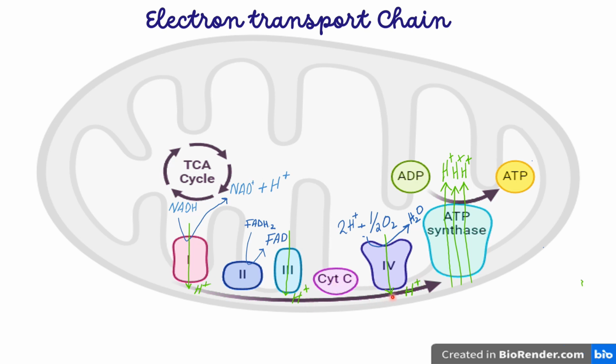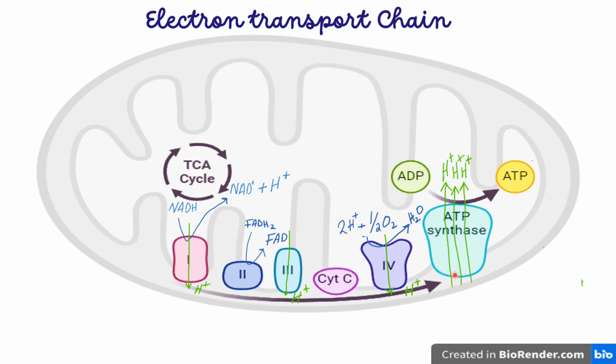And the same with complex 4, hydrogen is pumped out, and within the mitochondrial matrix, 2 hydrogen ions will combine with an oxygen atom to produce water, and then at the last of the electron transport chain is ATP